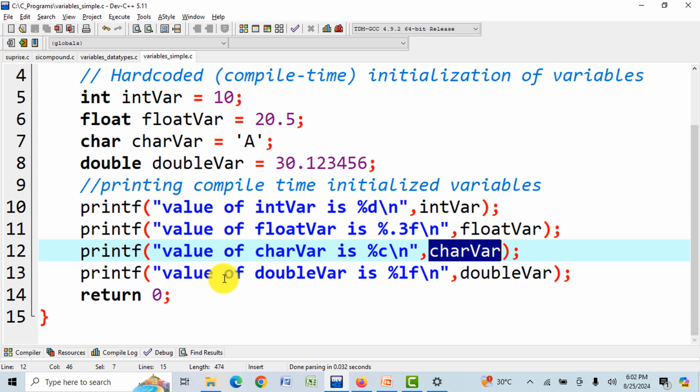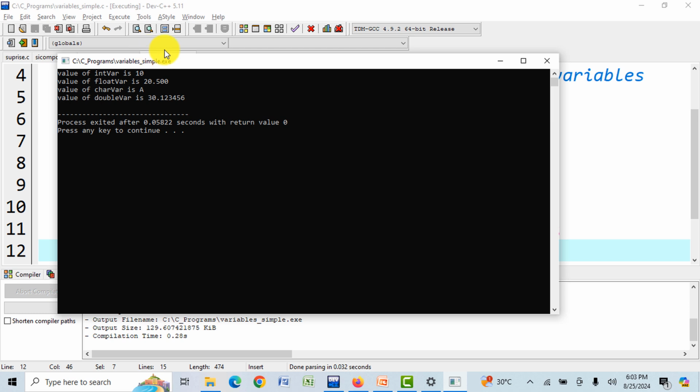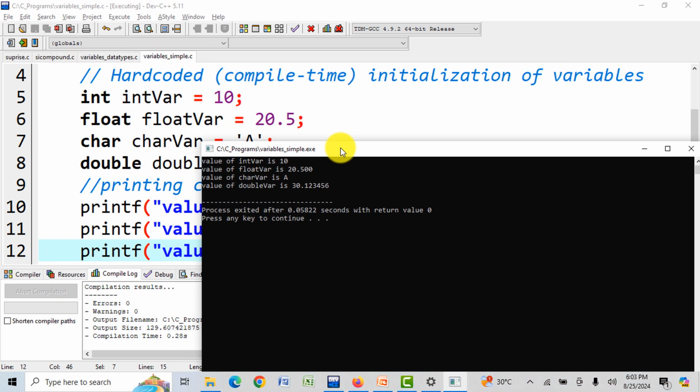On line number 13, value of double var is %lf, that means small lf. The format specifier for double is %lf. This particular value gets printed here. That means 30.12345 will be the output for double var. Now let us try to compile and run. So whatever we have hard coded or initialized at compile time is displayed on the output